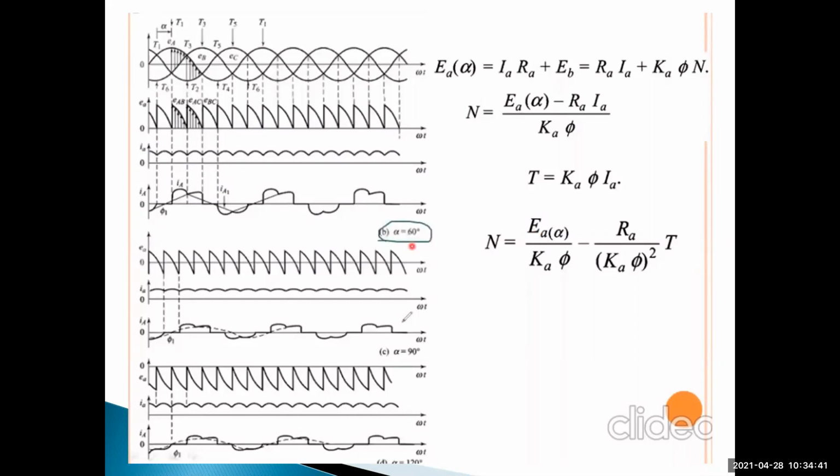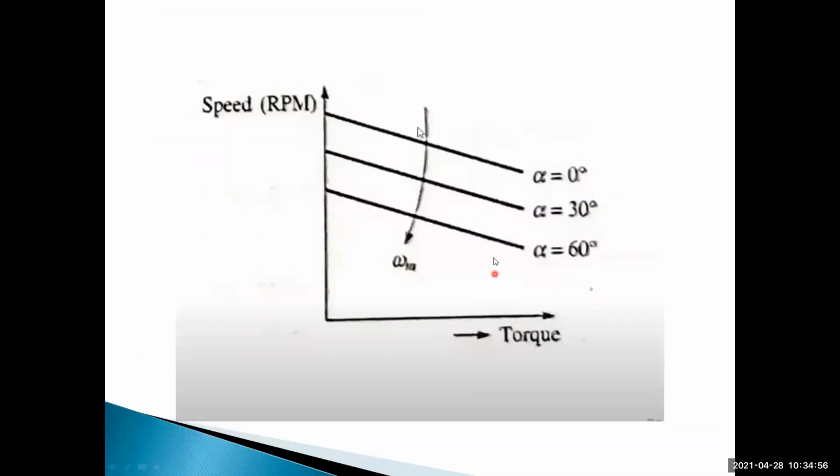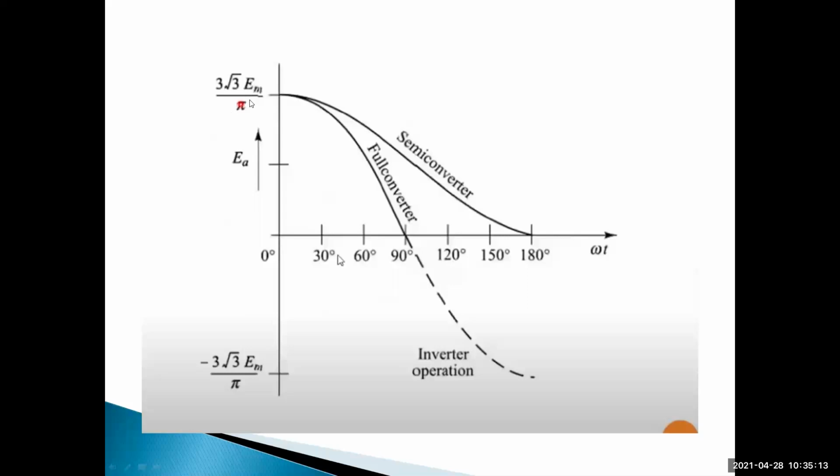The semi converter operates only in motoring mode, but the full converter operates in both motoring mode and generating mode by changing the firing angle. That is the difference between the semi converter and the full converter. Understand? This is the speed versus torque characteristics by changing alpha equal to 0, 30 degrees, 60 degrees. Up to 60 is motoring mode, and above 60 degrees it acts as generating mode, so we draw the generating mode speed versus torque characteristics also. This is called the semi converter operating region, only for motoring mode applications.